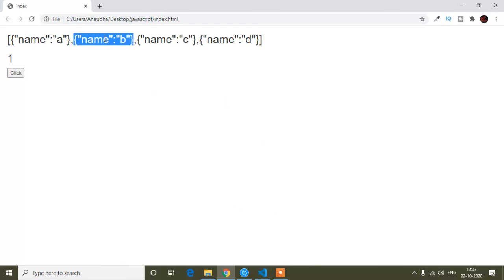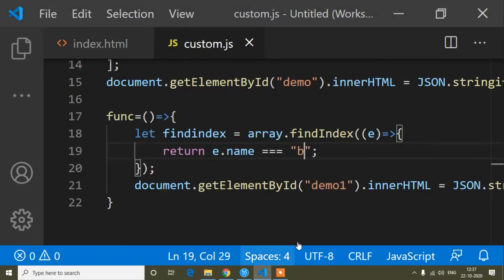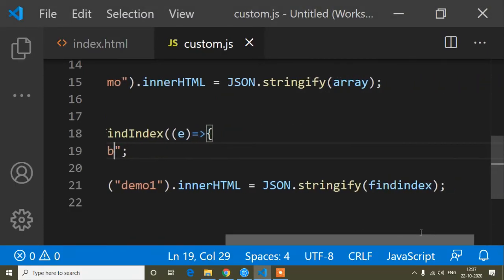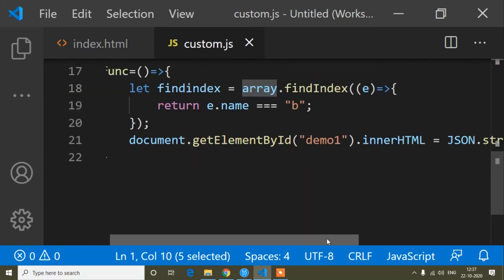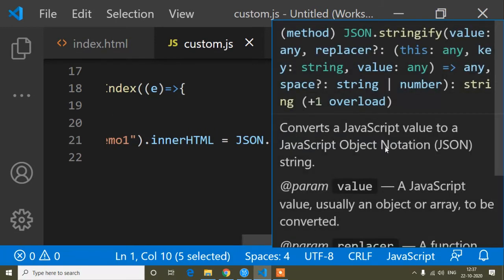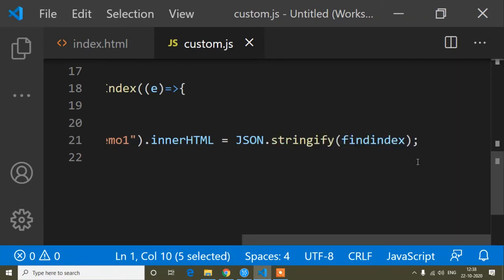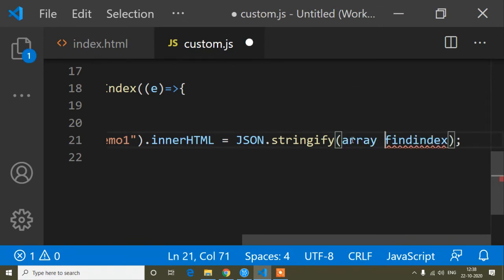And guys, suppose if you want to access this full object, you can do one thing. This variable name is array, so I will copy this variable array, and just here before this find index method you have to paste this variable, square bracket, and inside this square bracket you have to paste this find index.